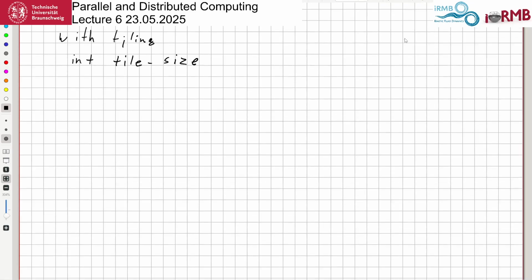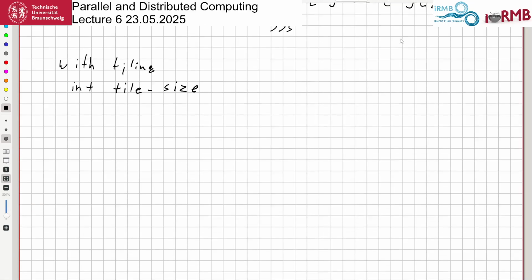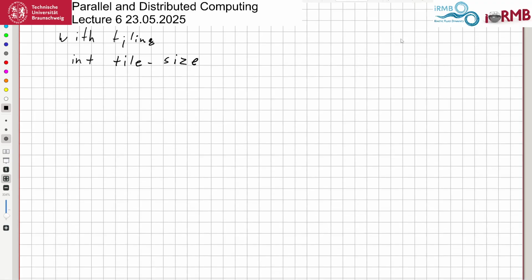And then, do I have enough space? Yes, I do have enough space. So then, what you're going to do is you simply split up these loops again. So you'll have more loops. So we'll have the outer loop, int I = 0. So we do this again